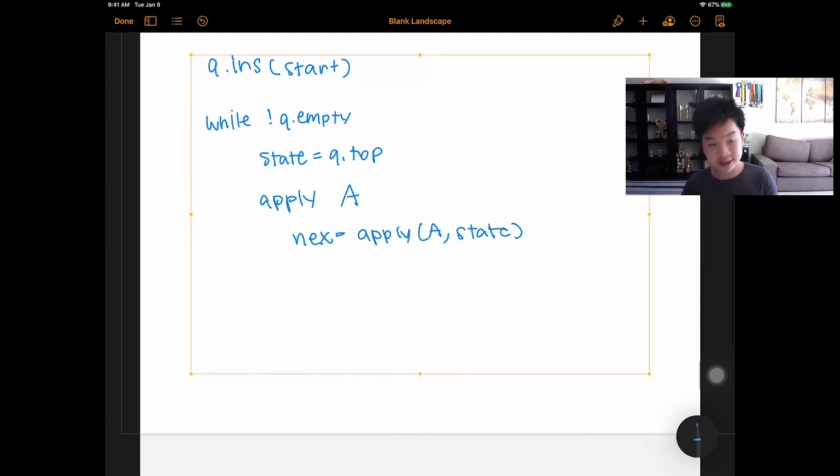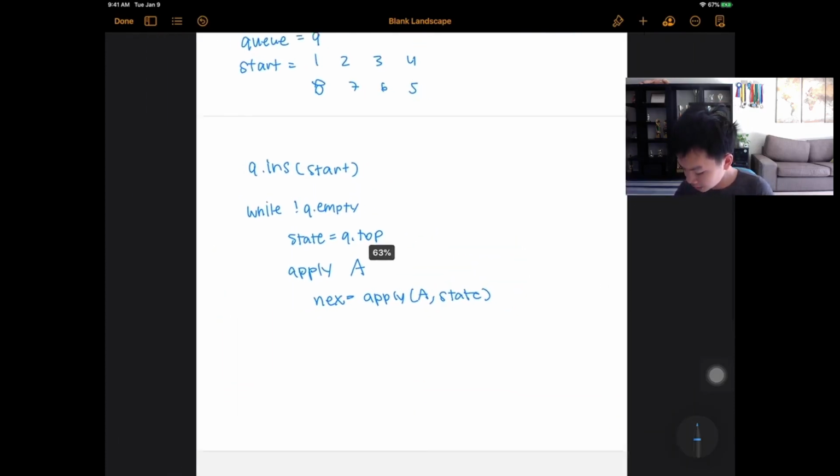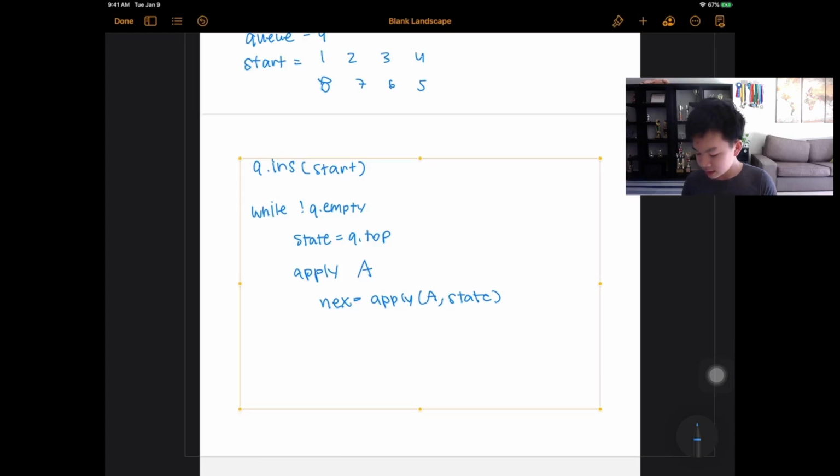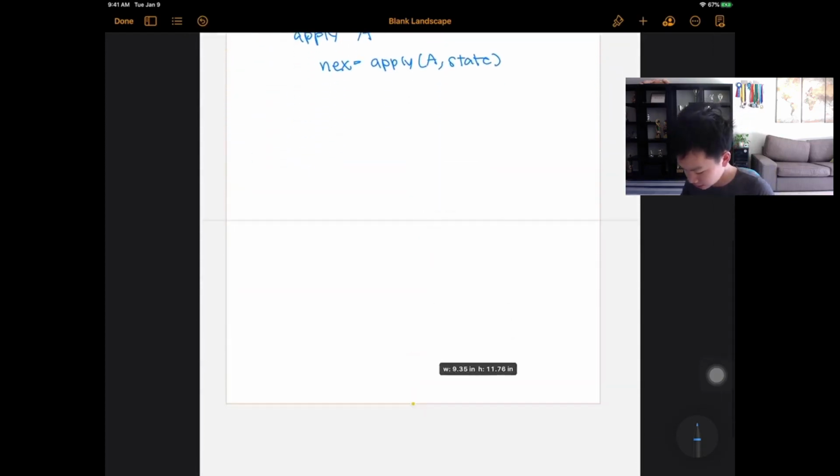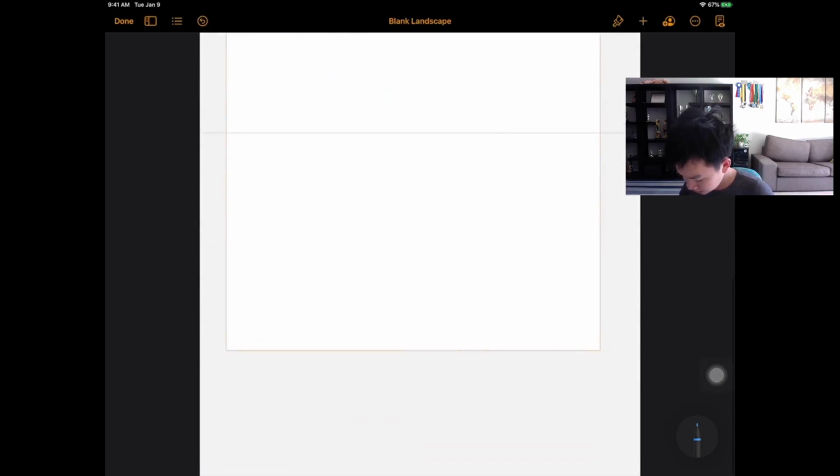Okay, so this may be our next state, and what happens is that if you already visited your next state in your breadth first search, then you would not want to search it again. Let me actually write it down. So the thing is that breadth first search, let's just call this BFS,